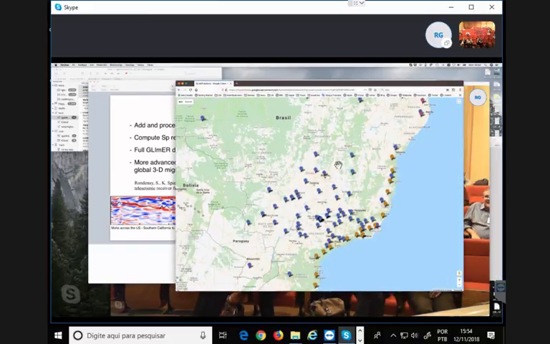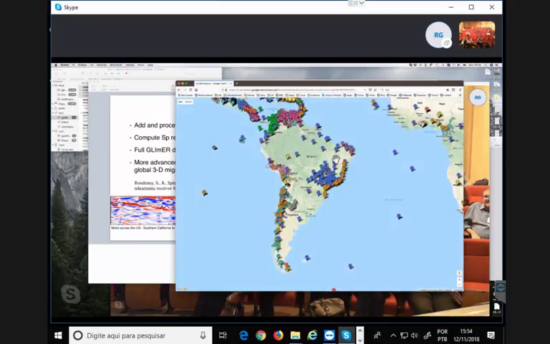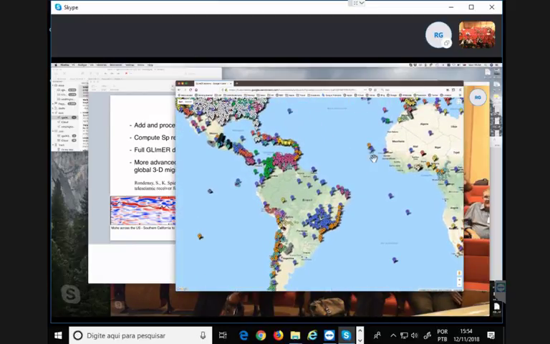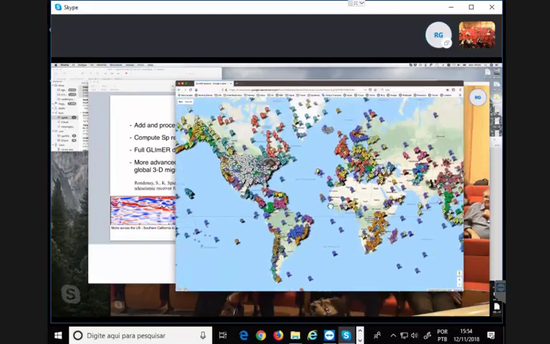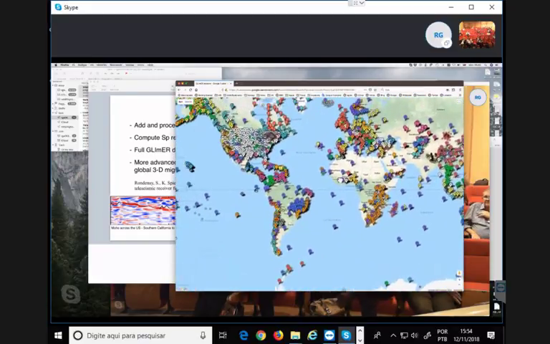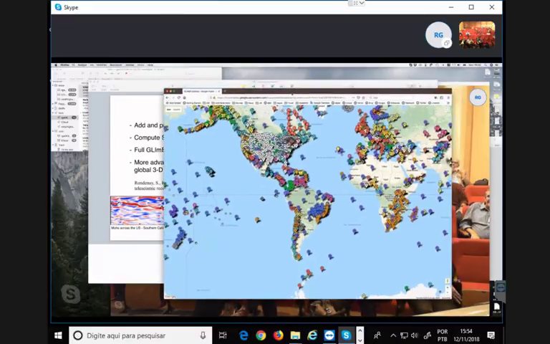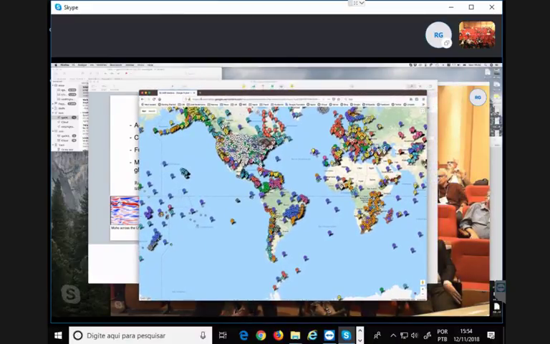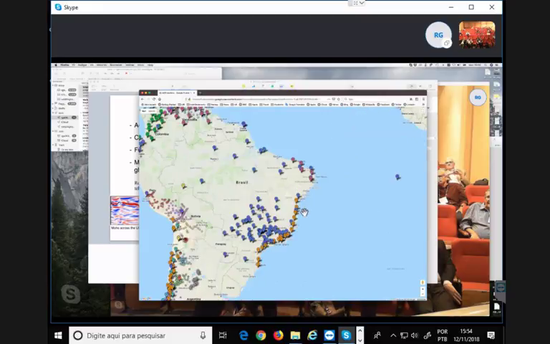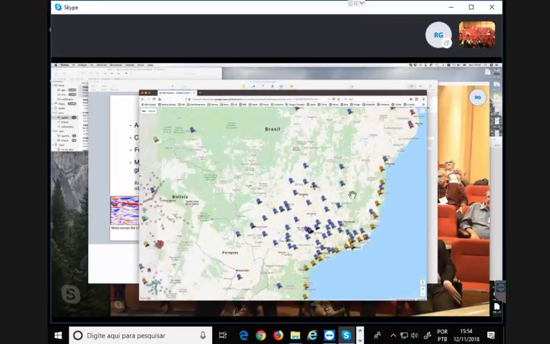So they were, for example, for the Eastern U.S. But I'm directly online right now, going through this Google interface that we have. So you can see the website is a bit of a complicated website, but the link is on a paper that we wrote recently. But I can go here over some of the data that is in Brazil, and I